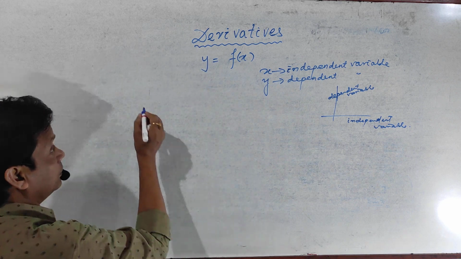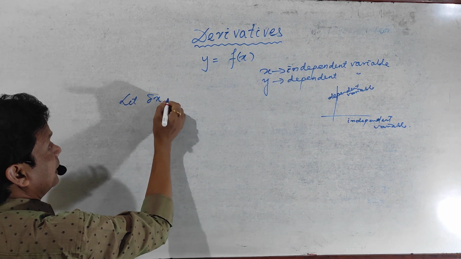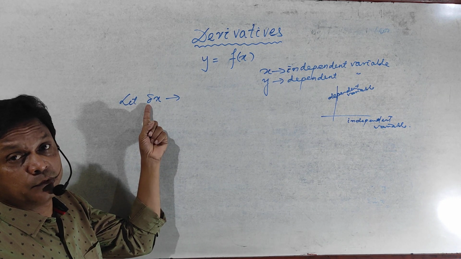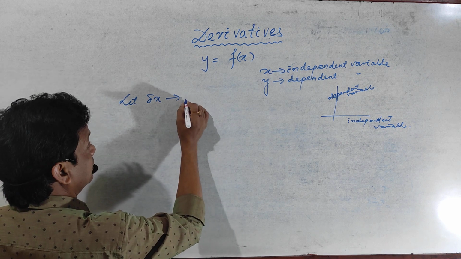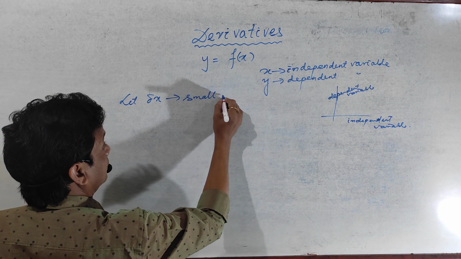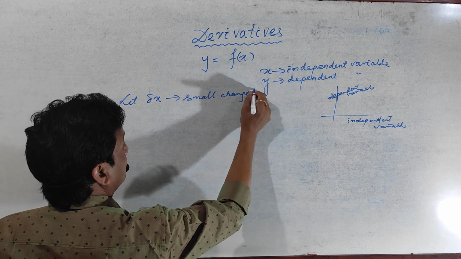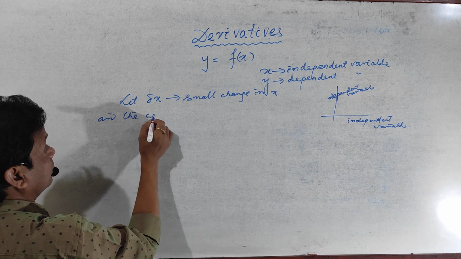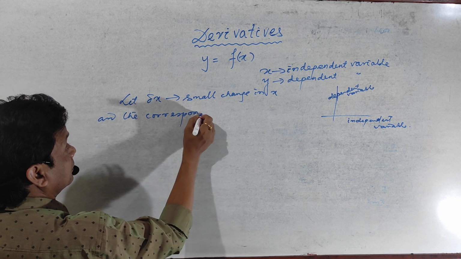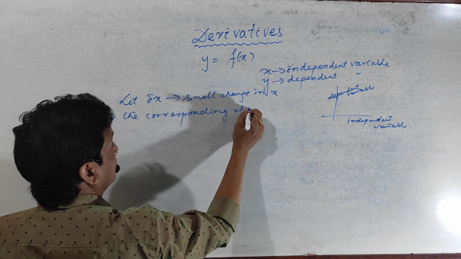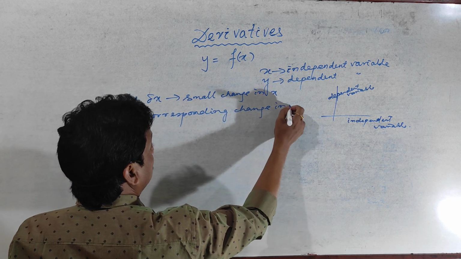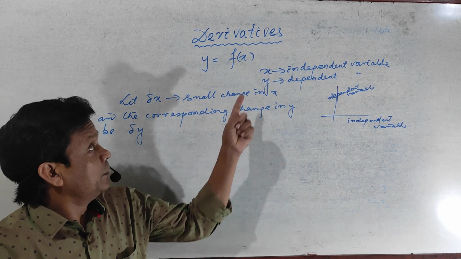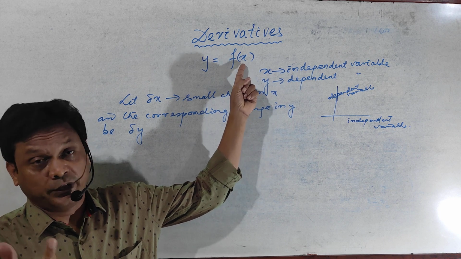So if there is a change in the value of x, then there will be a change in the value of y. For example, let delta x, I am telling you, delta means small change. For small change we are writing delta. Delta x is the small change in x and the corresponding change in y being delta y. Then if there is a change in x, automatically there will be a change in y